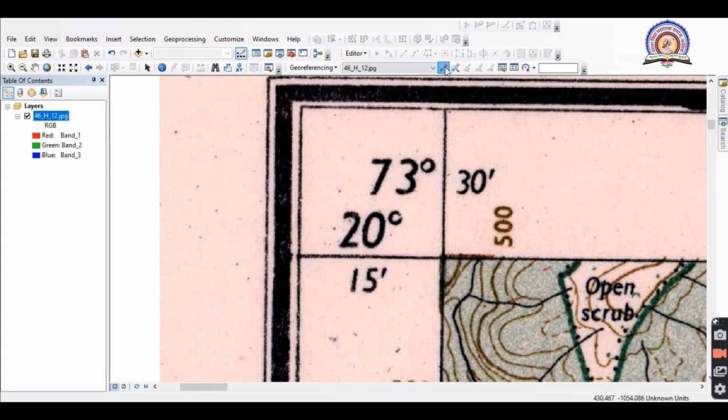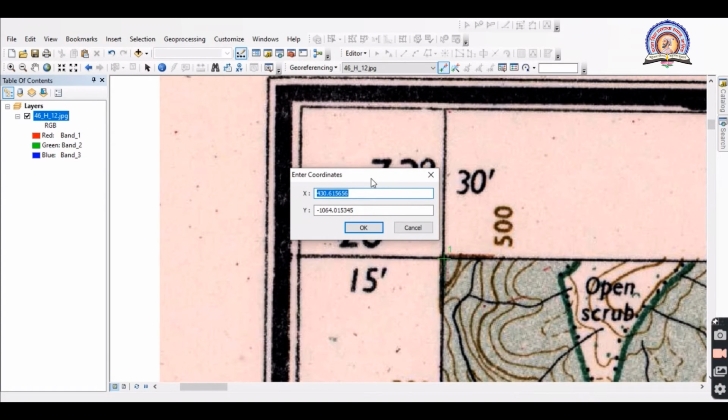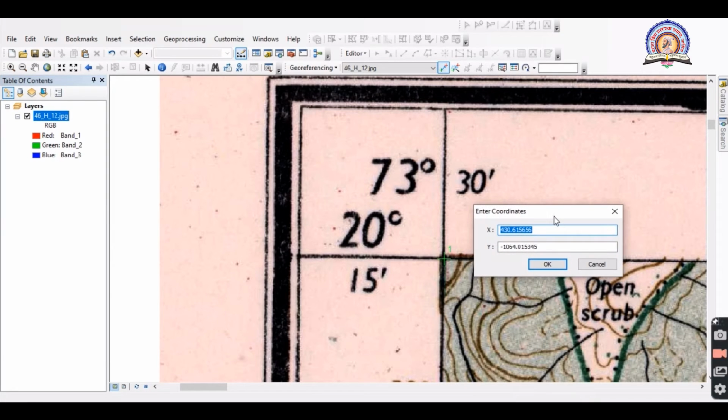Now first we have to click on this point. This is called add control points, and this plus we have to match exactly with the point where these coordinates are. So first we left click, then without moving the cursor we right click. Now you can see over here input x and y. Input x and y means that we have to insert a coordinates value over here. Now, x usually means latitude and y means longitude, but here in the place of x we have to insert the value of longitude.